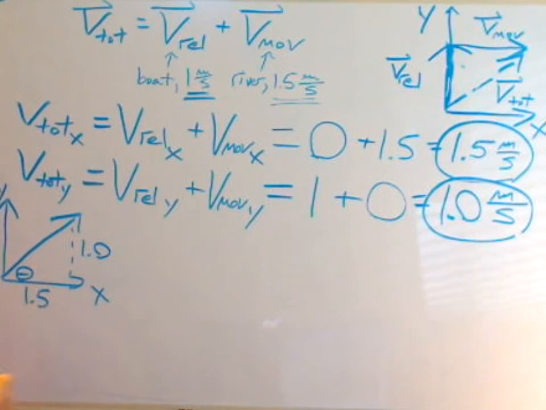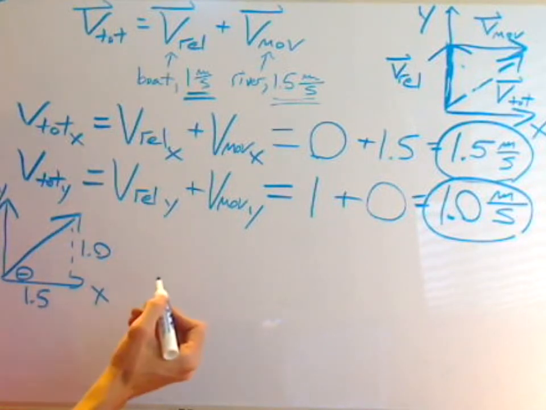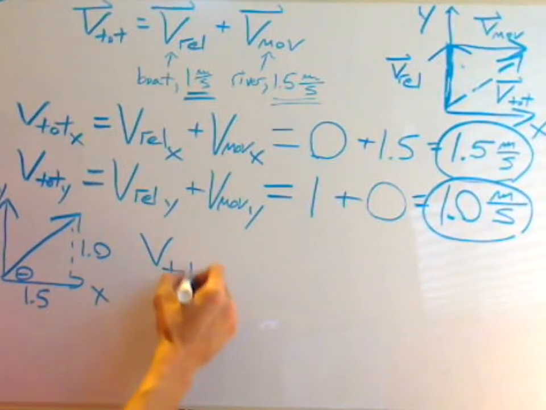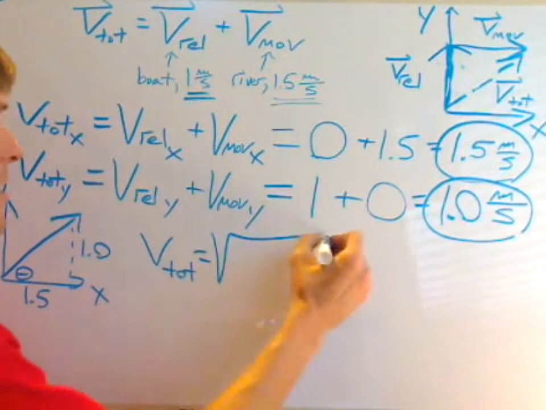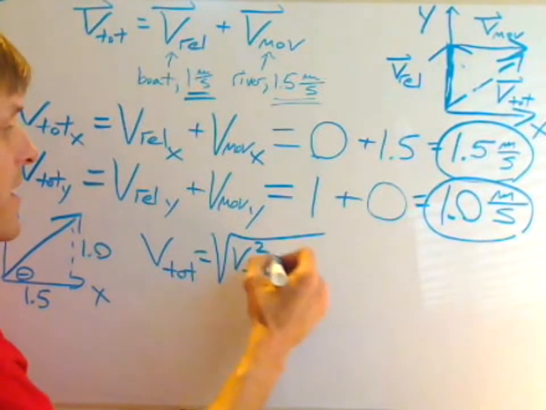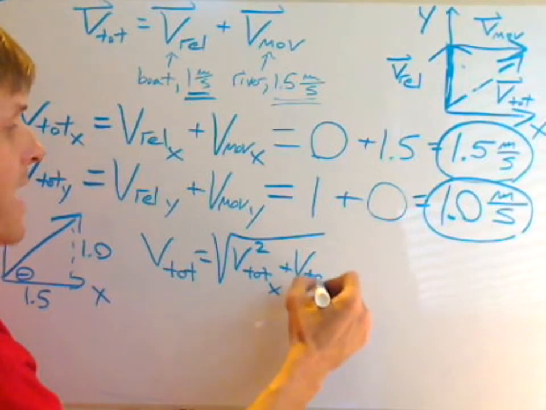And we're asked to find this angle here, the magnitude and direction of this vector. If we want to know the magnitude, the length of that vector, we just use the Pythagorean theorem. The total velocity is the square root of v total x squared plus the y component